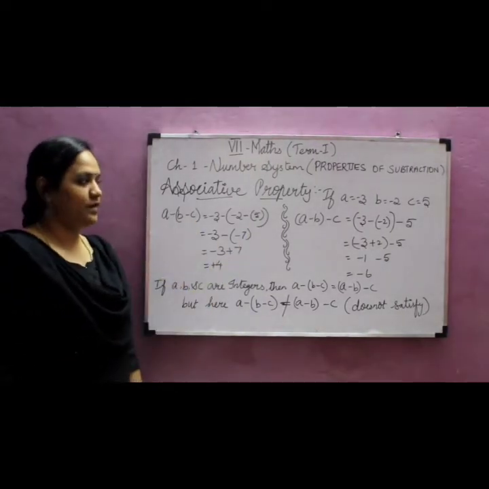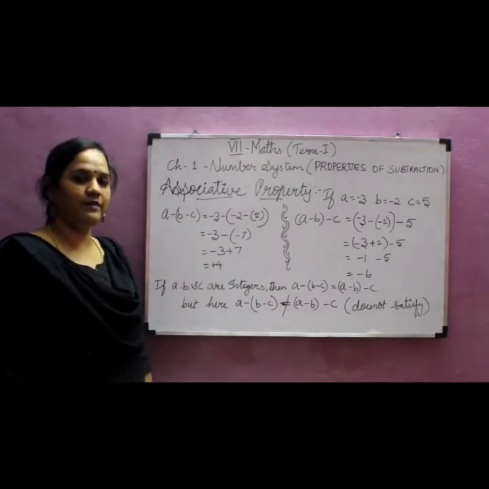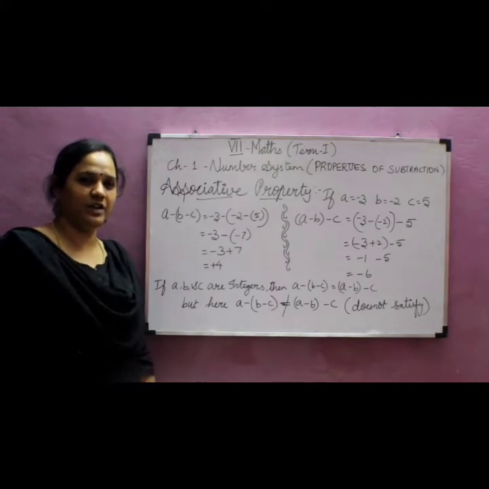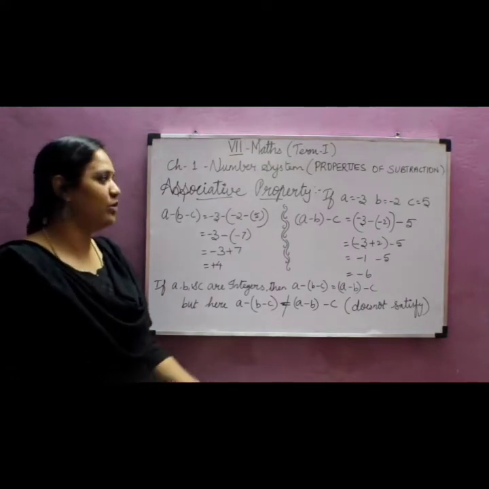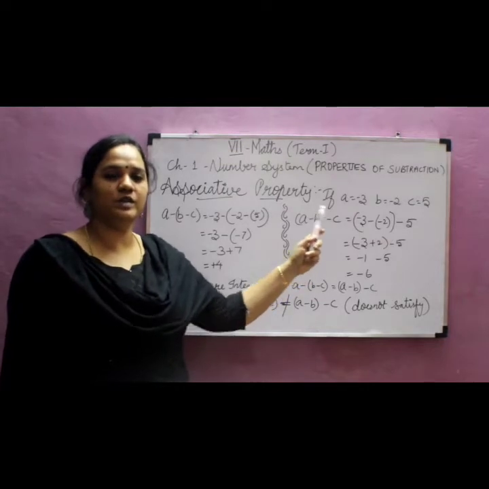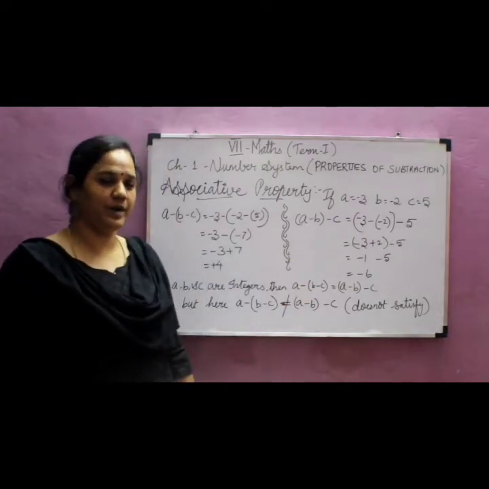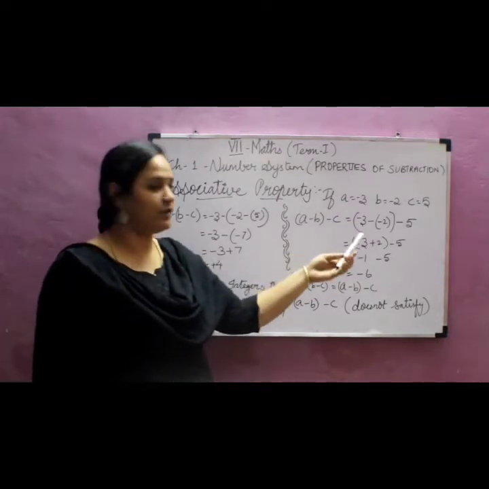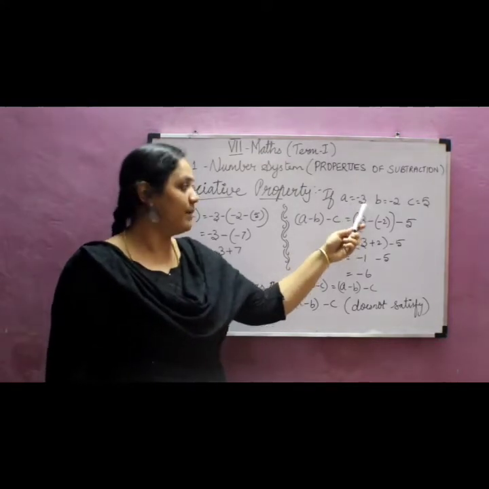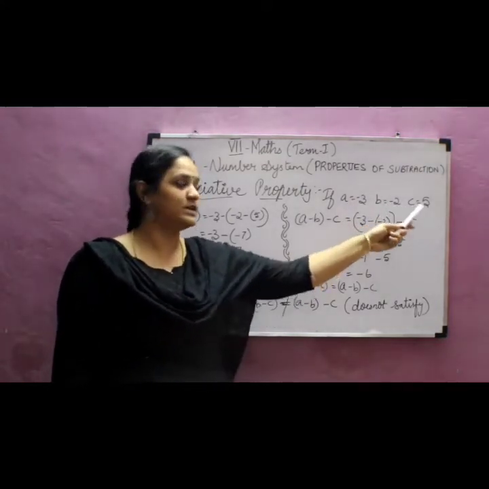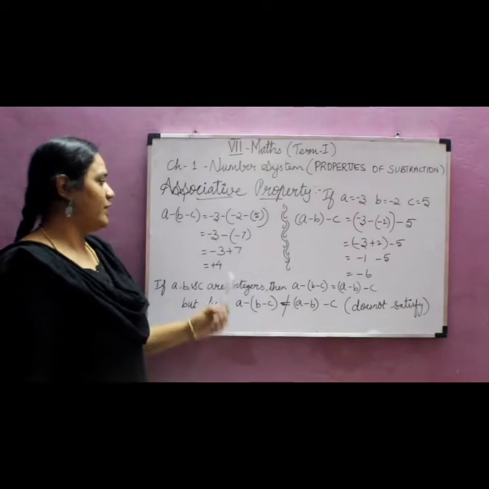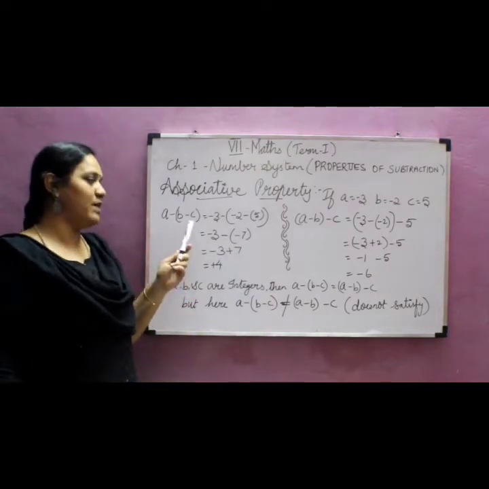Associative property. For associative property, we have already seen this property for addition. At that time I explained that we are going to use 3 alphabets for associative property. So here also we are using 3 alphabets. Let us take A as minus 3, B as minus 2 and C as 5. Now we have to find out A minus (B minus C)